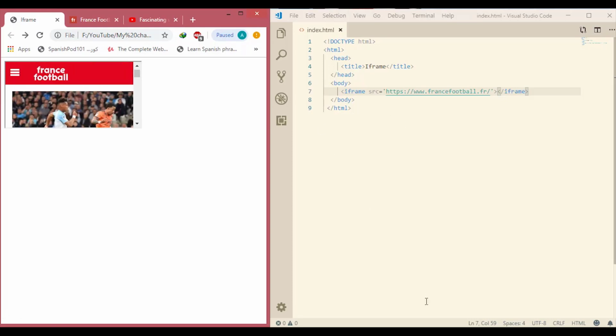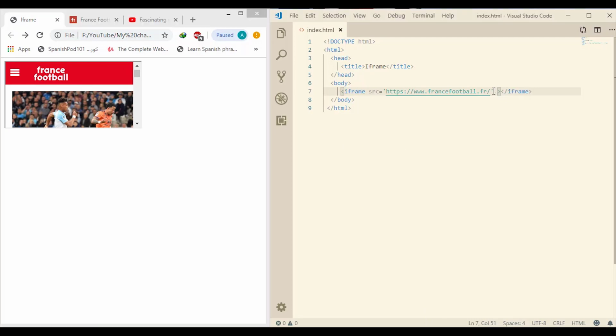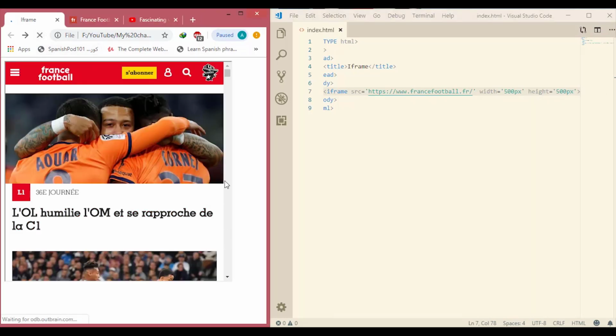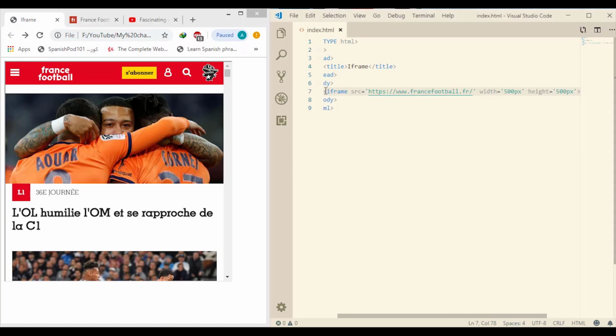We can also specify the width and the height. So let's add an attribute width and height. Nice. Now we can display a video from YouTube in our page using the same HTML code,